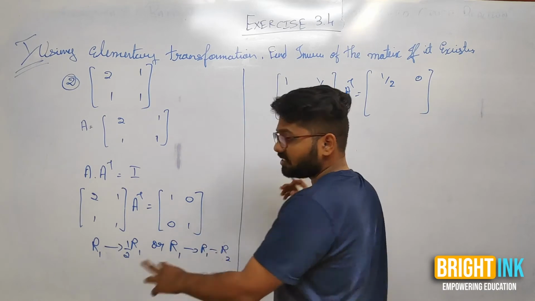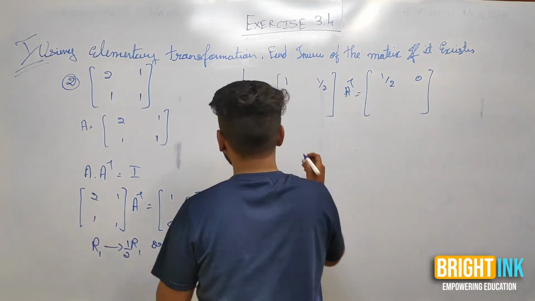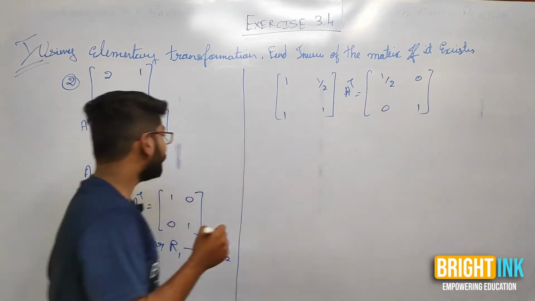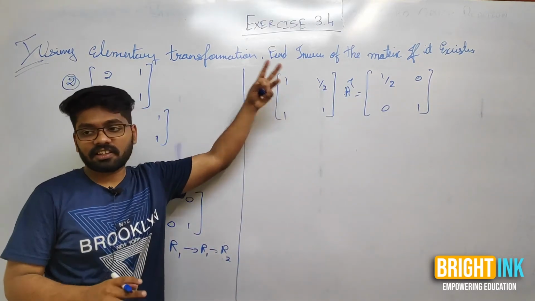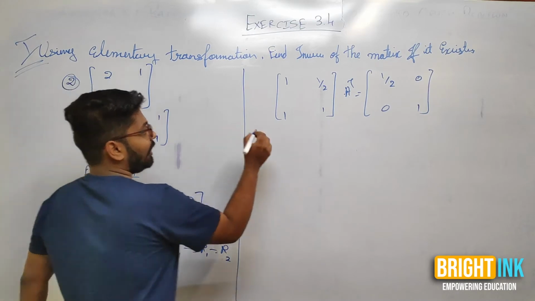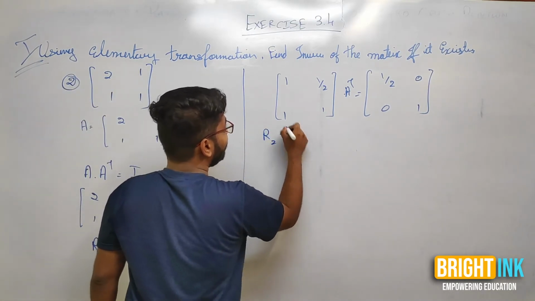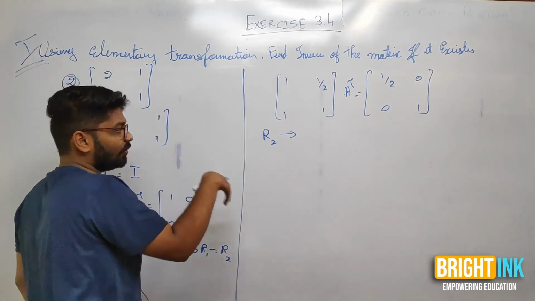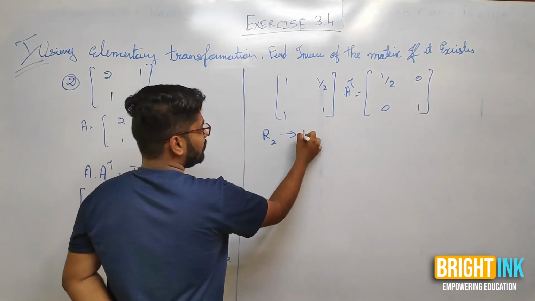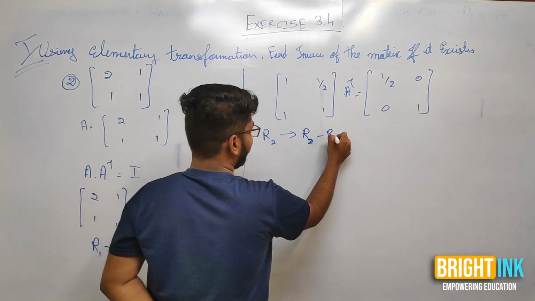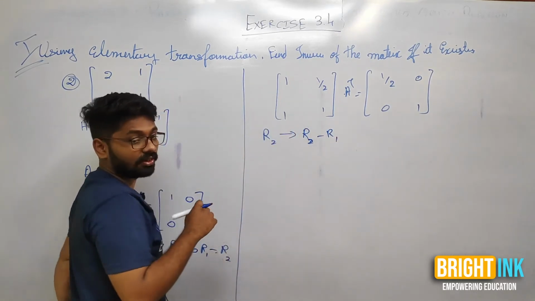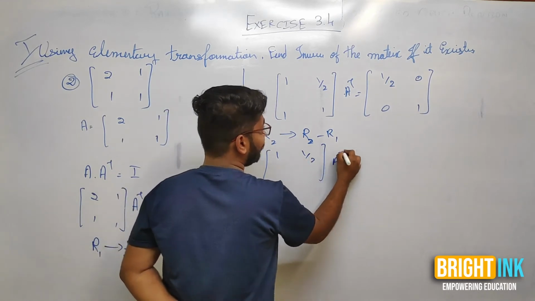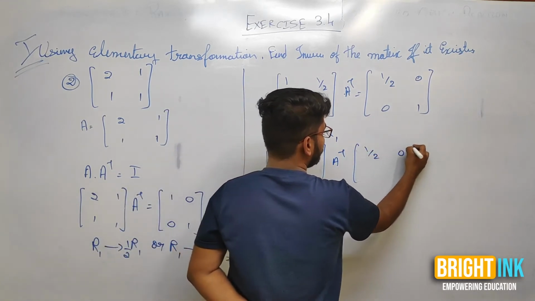Do we need to change anything in R2? No. So write R2 as it is: 1 1 0 and 1. Okay. Now did you get 1 over here? We got what we wanted. Now what I do is change R2, because the flow is like this, right? The flow is like this, reverse, U-shaped. So R2 changes to R2 minus R1. Simple. 1 minus 1 is 0. So therefore 1 by 2, A inverse, 1 by 2, 0.